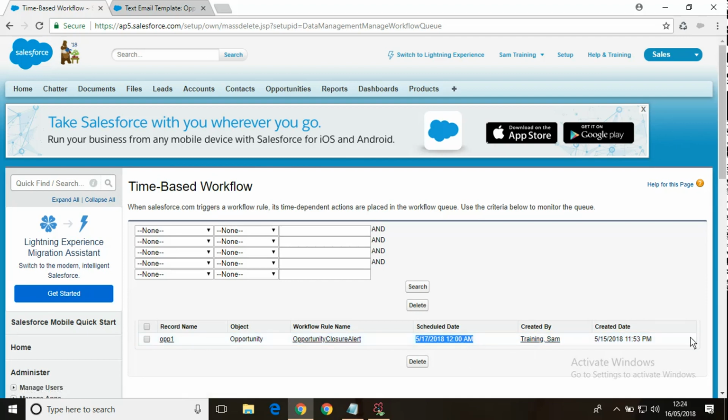It is smart enough whenever any change happens. For example, meanwhile you may close that particular opportunity. So if you close that, then this alert will be automatically removed because it's no more satisfying the condition. Okay, now mail is scheduled, all well, fine. Now if I edit something, will the mail be scheduled for that?